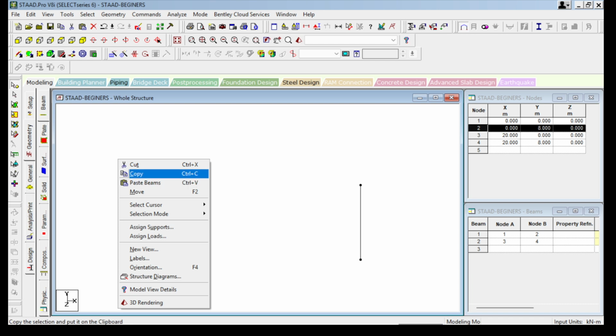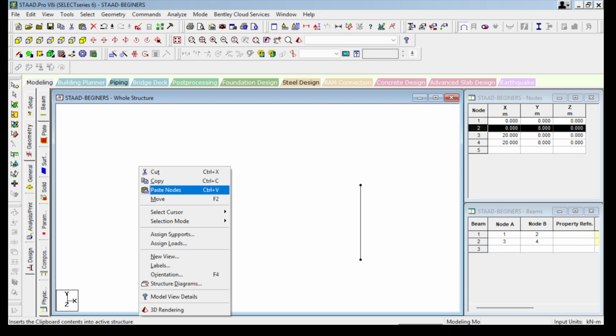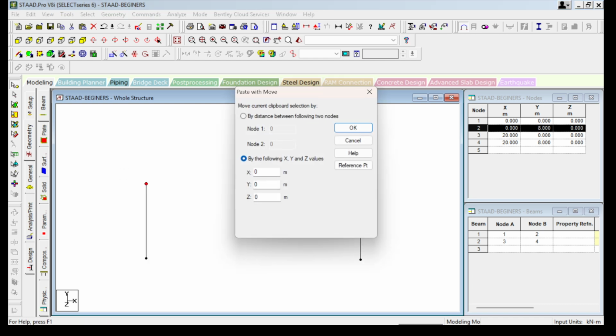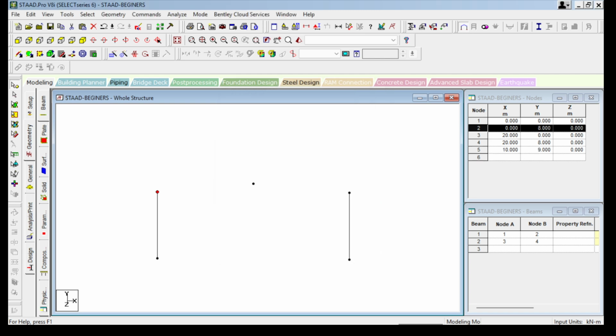Same thing, copy and paste. Your x is 10, and your y is 1. Let's click on OK. Then we join it. Go to add beam, join this to this. Then add beam again, join this to this. We are through with the model.